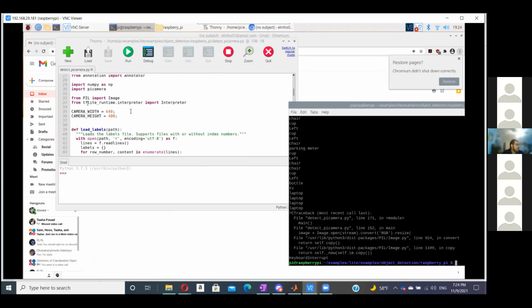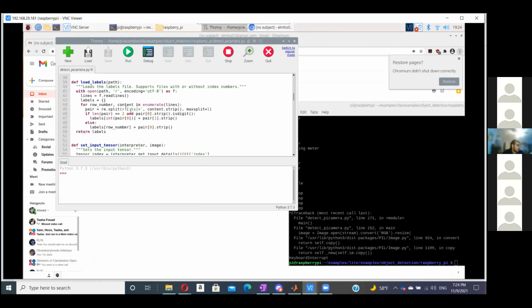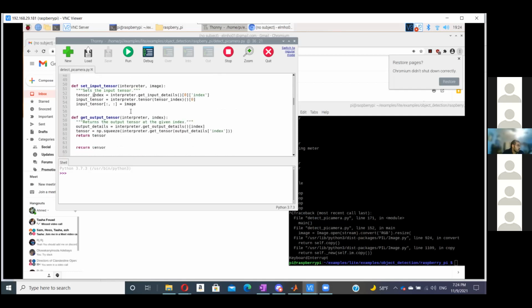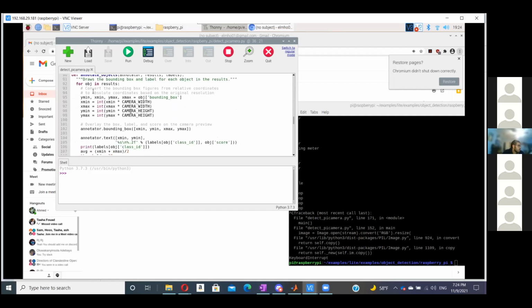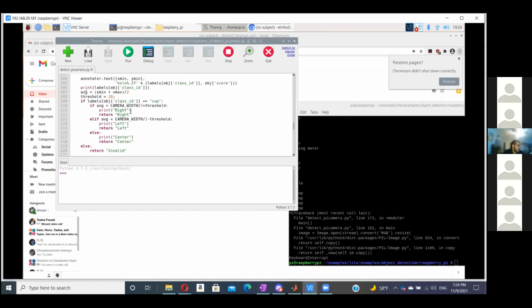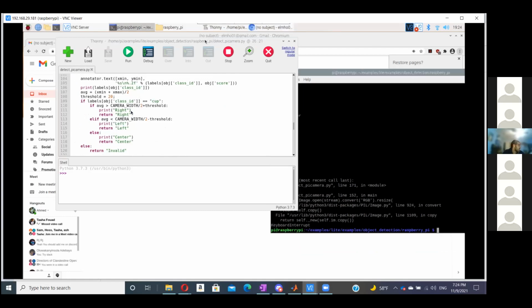This is just setting the height and the dimensions of the image itself that's printed out. And one of the key things that you'll need to look at for your code is this. You'll notice that in my output I have it printing a few things.